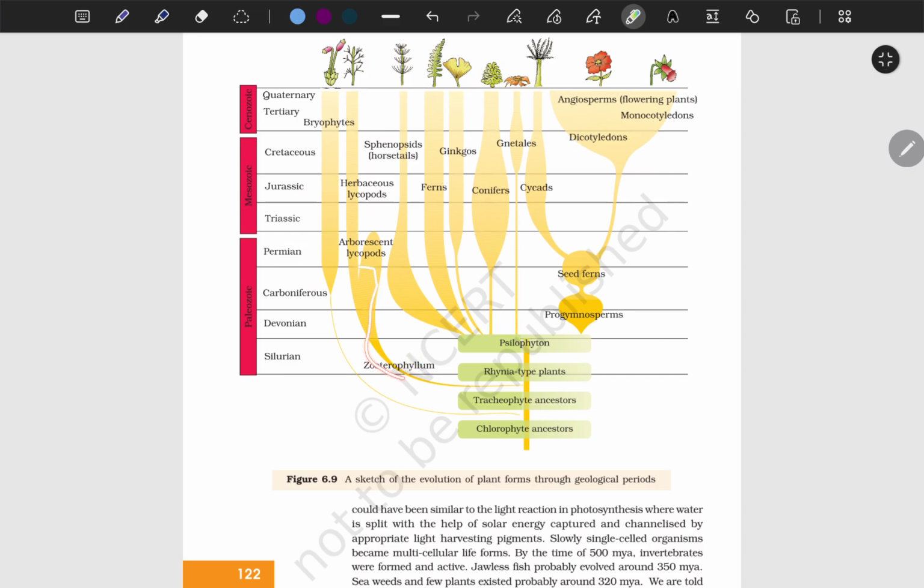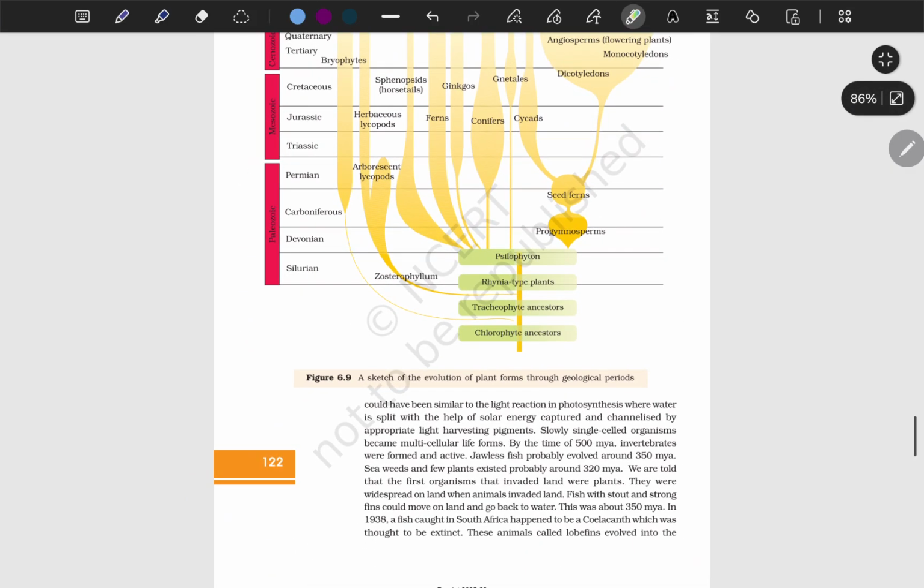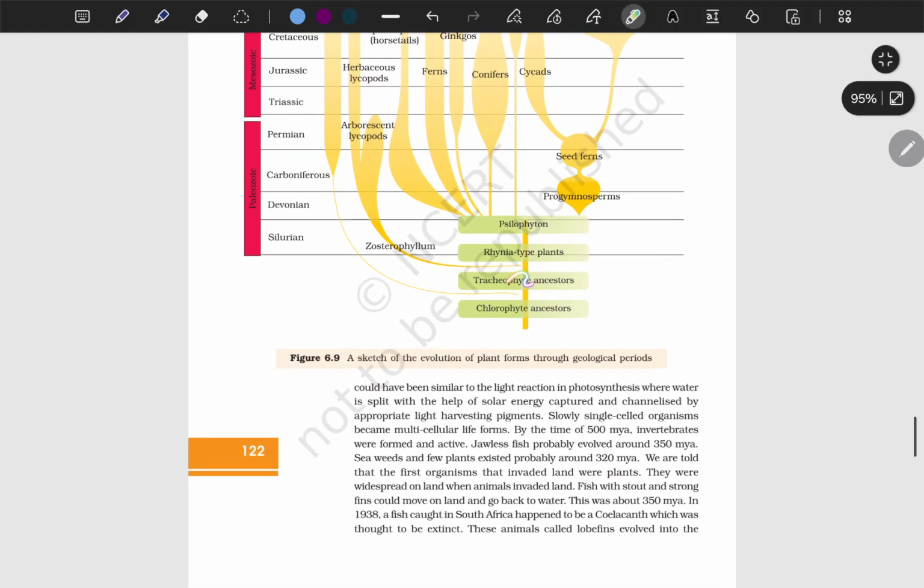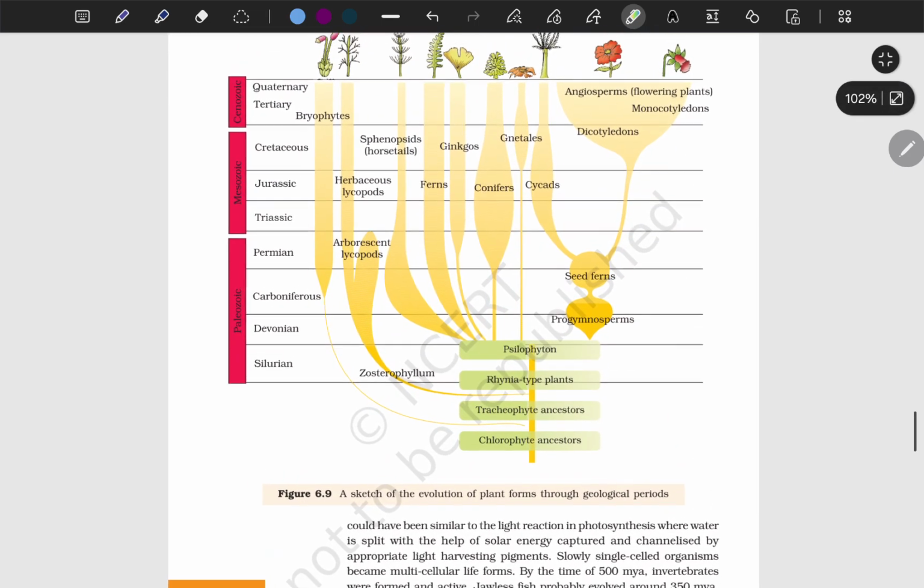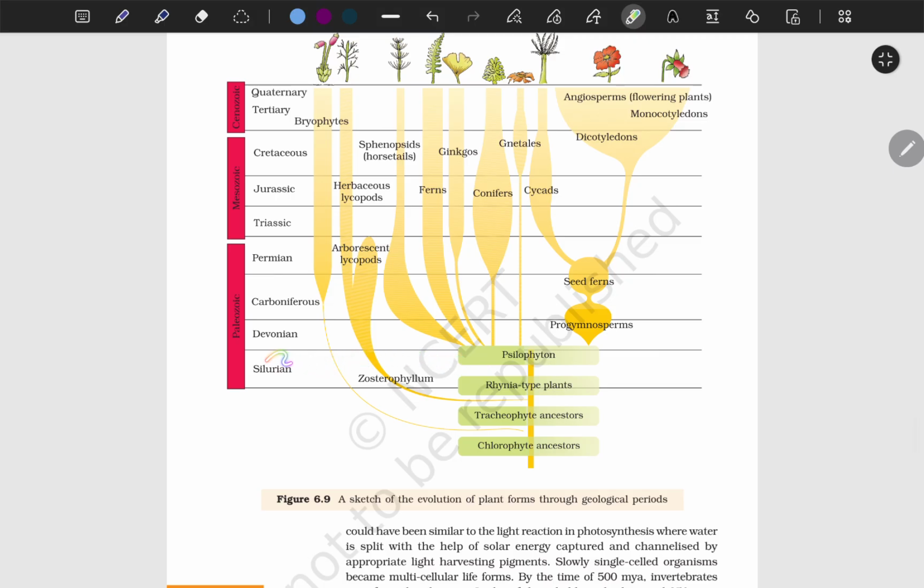Zosterophyllum gives rise to the arborescent lycopods in the Permian period of the Paleozoic era, and these give rise to the herbaceous lycopods in the Jurassic period of the Mesozoic era. Then the tracheophyte ancestors give rise to the Rhynia-like plants, and these do not give rise to any other plant. They give rise to the Coelophyton. So now the Coelophyton take rise in the Silurian to Devonian period of the Paleozoic era. So these Coelophyton give rise to